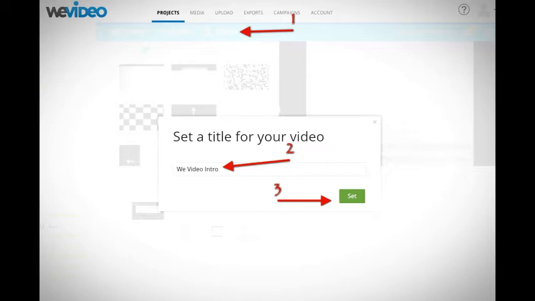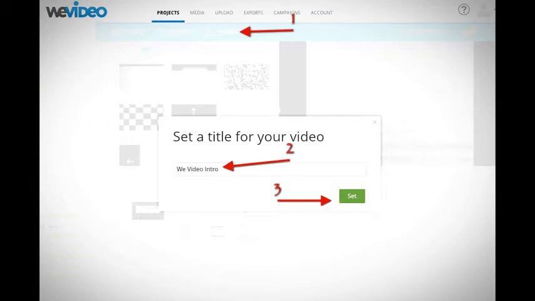And so, before you get too far, you want to set a title for your video in the upper right by clicking on the little drop down. I think it might be called Getting Started with Video. It's right next to the picture of a cloud, and then you'll put your name of the video in there